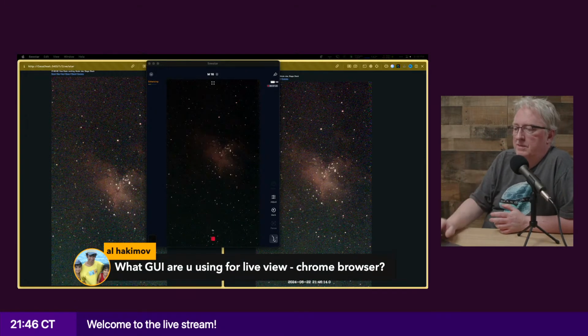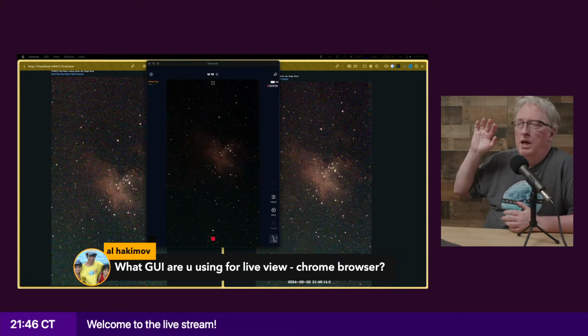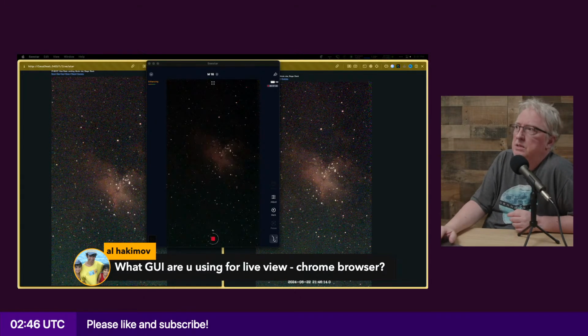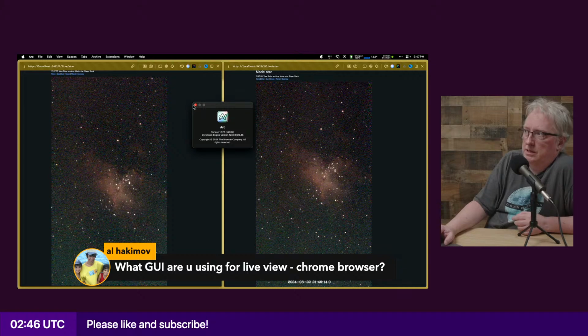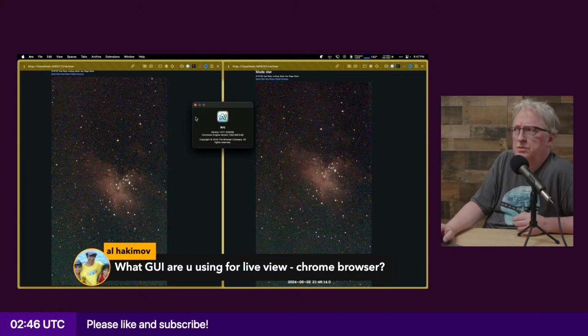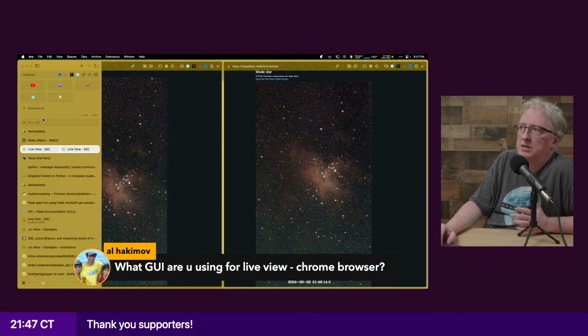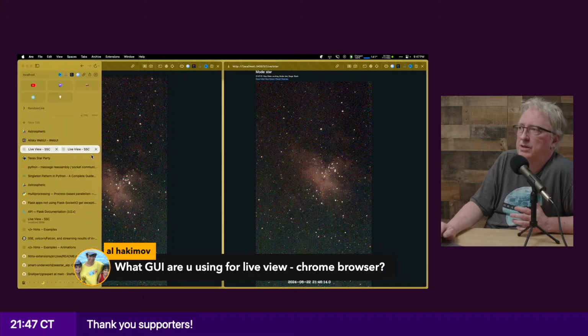So what am I using for the live view? It's a Chromium based browser. It's actually Arc is the name of the browser, which I like a lot. It's available for Mac and Windows. It has a number of features I like, like this sidebar where you can have all your tabs and favorites.